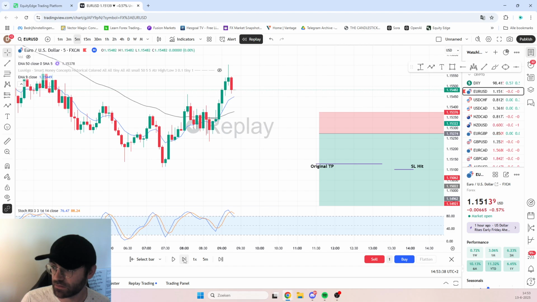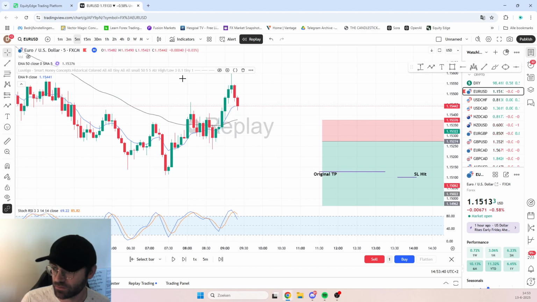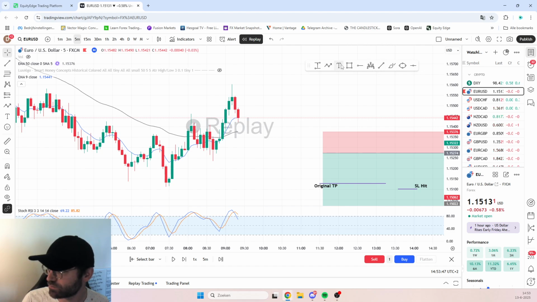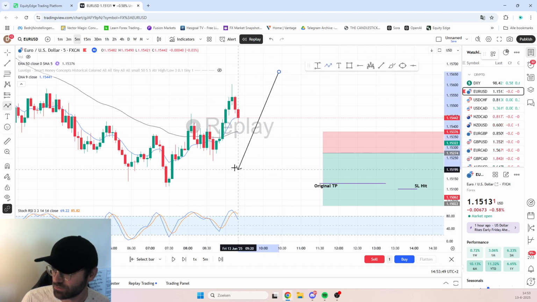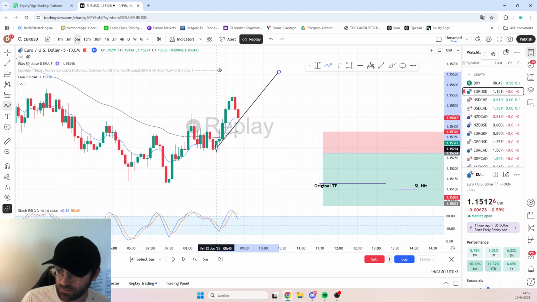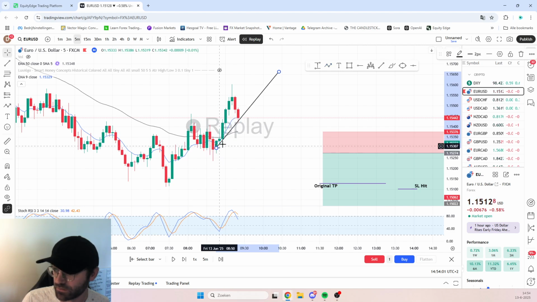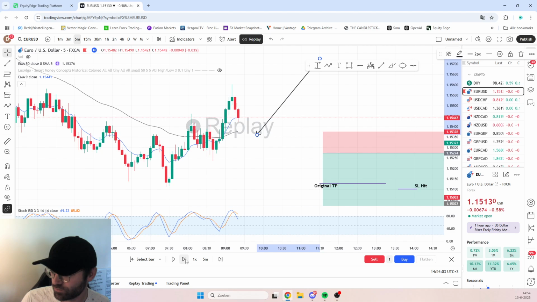So what you're seeing here is that the market structure is clearly bullish. What happens is this is the new higher low and this is the higher high. As soon as it broke above this structure, this became the new higher high and this is the new higher low, right? So the market structure is clearly bullish, and what ends up happening here is that it actually